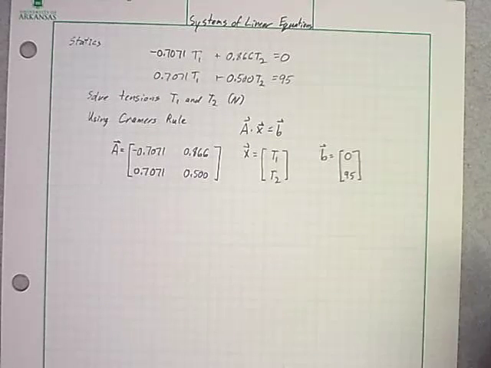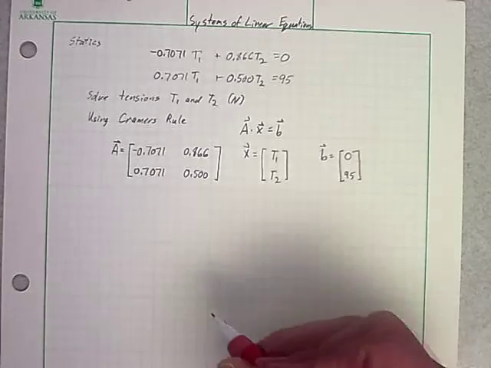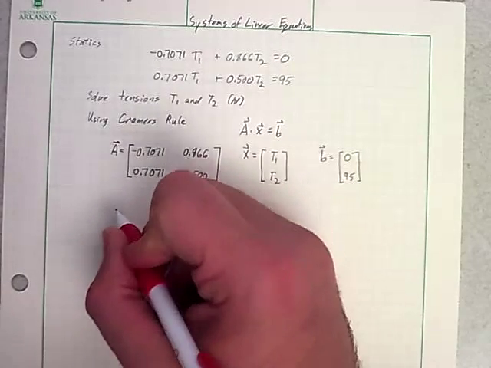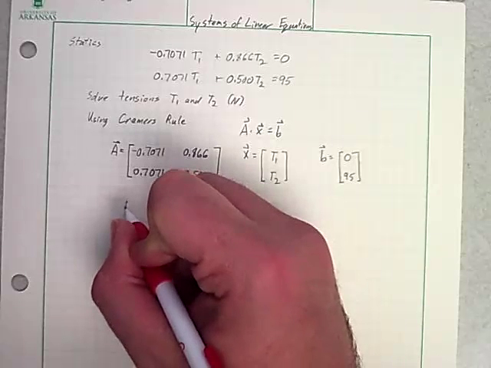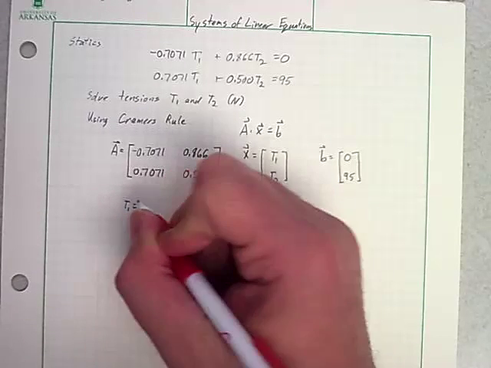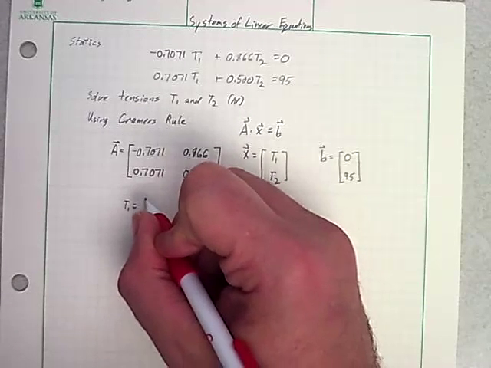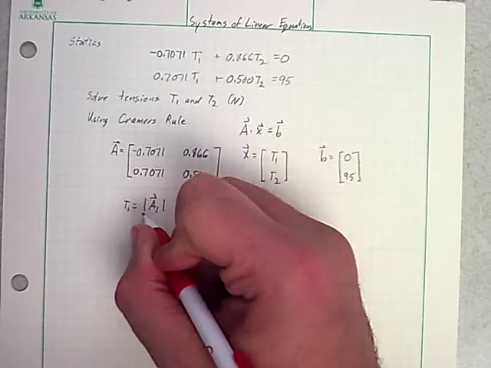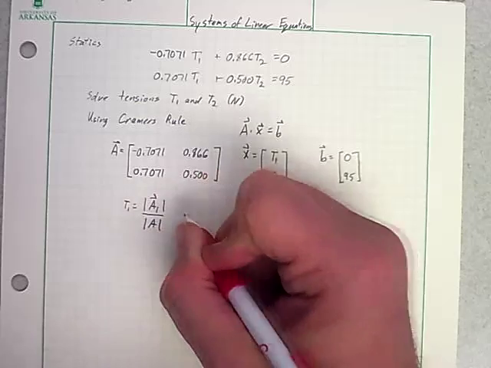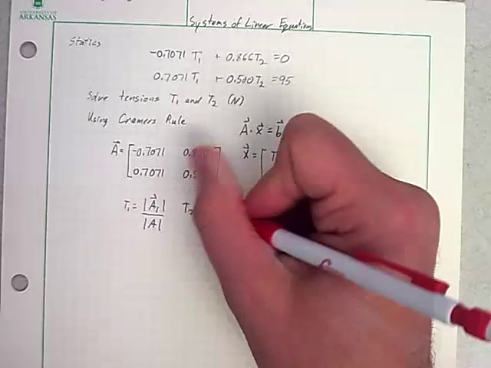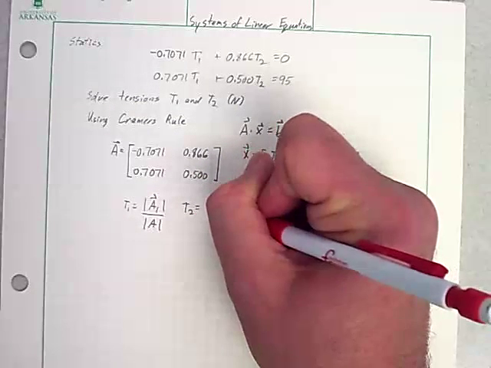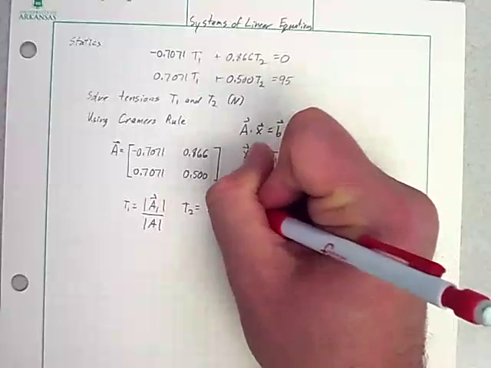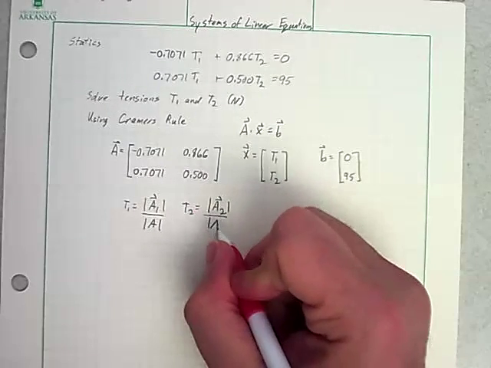And then a quick aside about what Cramer's rule is. Remember Cramer's rule, we know that T1 is going to be the determinant of this special matrix A1 over the determinant of A, and T2 is going to be the determinant of this special matrix A2 over the determinant of A,